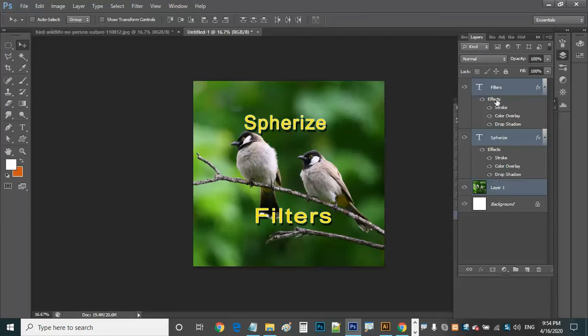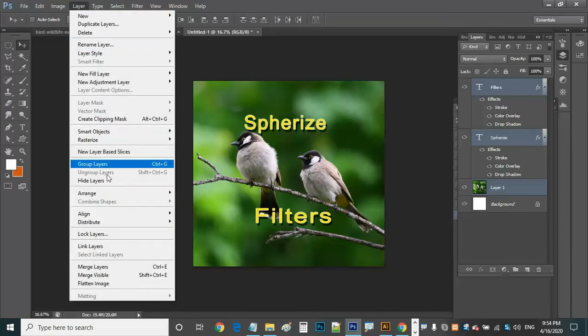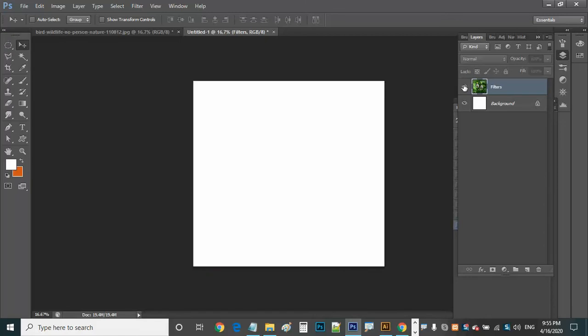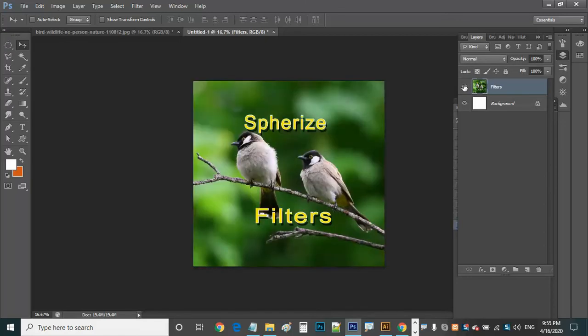Now I want to club it together. I am not selecting the background here. Background I am keeping aside. I want to make it as one layer. So Layers, and then say Merge Layers. So it has been merged. Now can you see this? It is one layer now. All these layers are merged as one. So this is one step. So now our designing is finished.